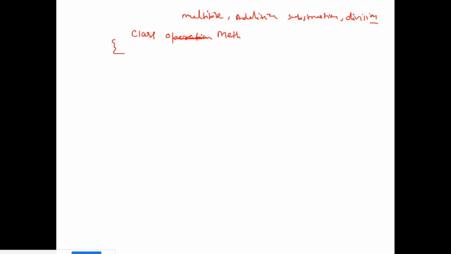The class name should be self-explaining about what is covered inside this class, right? So MathematicalOperation, and this M will be capital, O will be capital, and I have three variables, int a, b, c. First assign values: a is equal to 10, b is equal to 12, c is equal to 15.